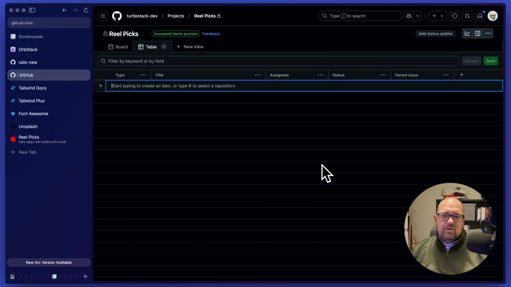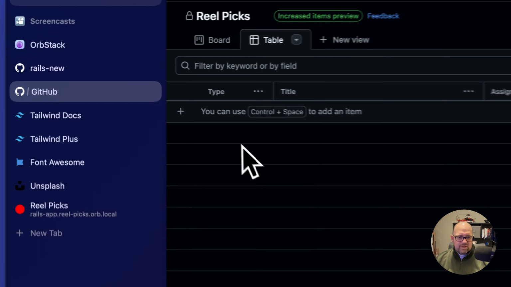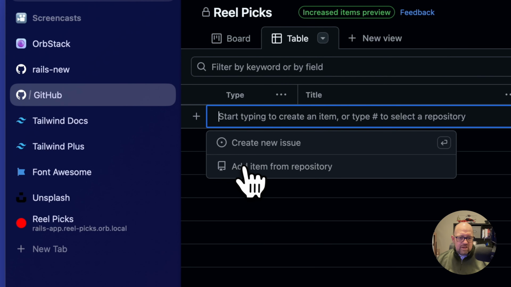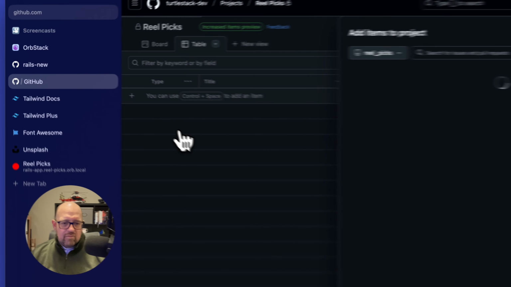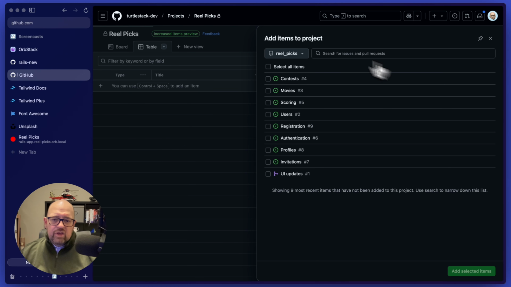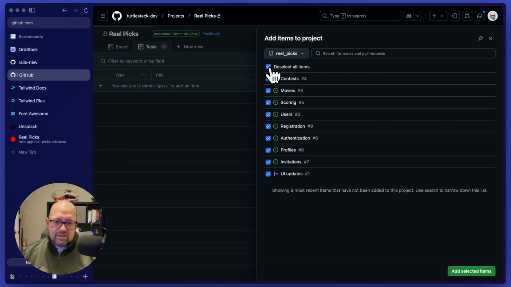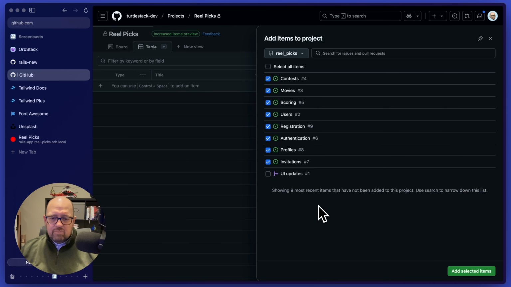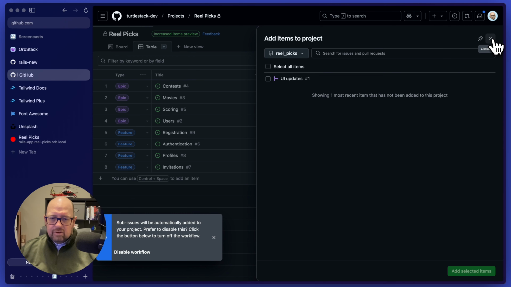Now, I've actually created a bunch of issues ahead of time, so I'm going to cancel out of this, and we'll click the plus sign and choose Add Item from Repository. You get a filtered list of issues, and right now we just have a single repository again, so I'm going to select all of these items and then uncheck that pull request at the bottom, and then add those to our project. So I'm going to close this,